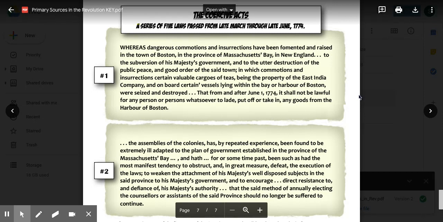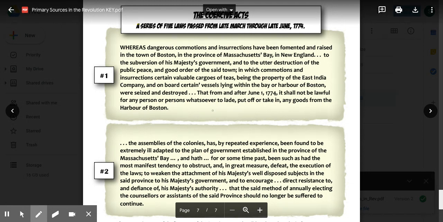So basically, what they're saying here with this law is that the British government feels like things are out of control in Boston. The citizens are destroying the city, they're saying. They're destroying public peace, and that they're destroying the property of British companies, such as the East India Company, by destroying their tea. And so it goes on to say, in this last sentence here, that from and after June 1st,